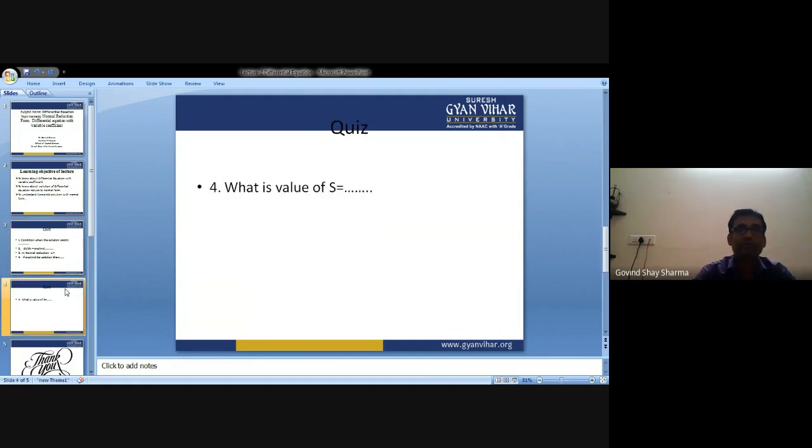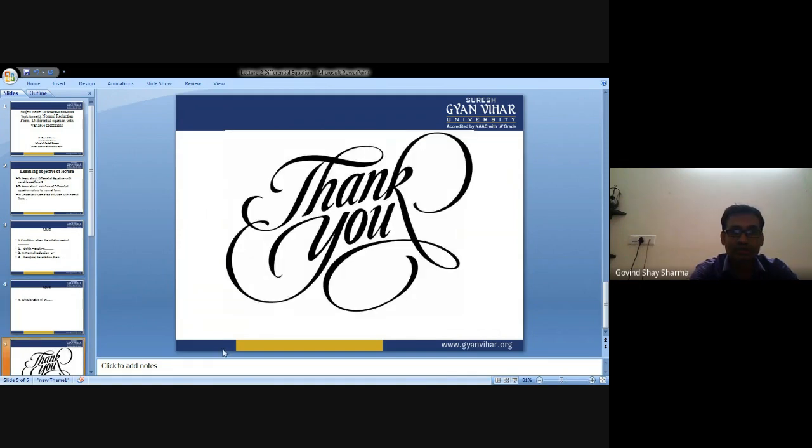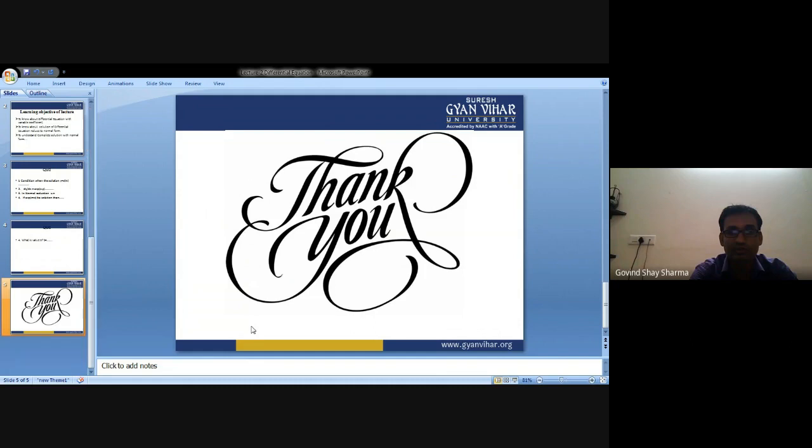And last, what is the value of S? S is r upon u in the normal reduction form, so it converts to r e to the power half integral p dx. So students, this is a very important concept. In the next lecture, we will again discuss these terms and take up problems of this method. Thank you very much.